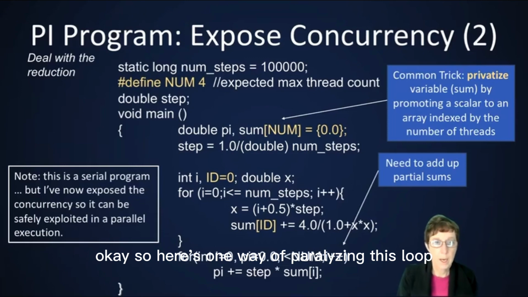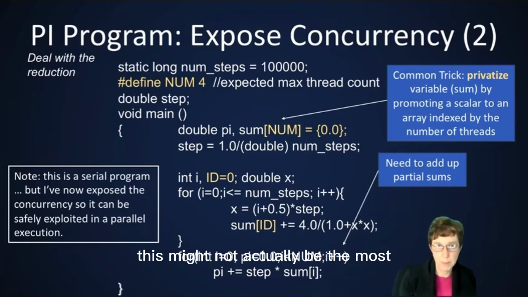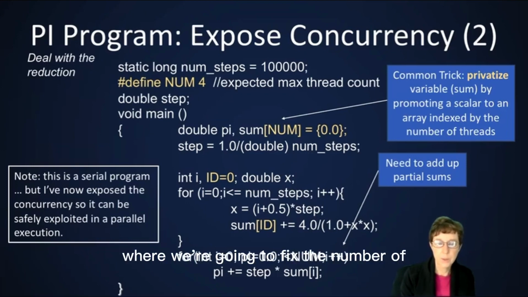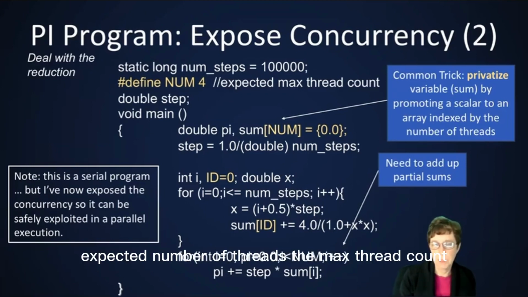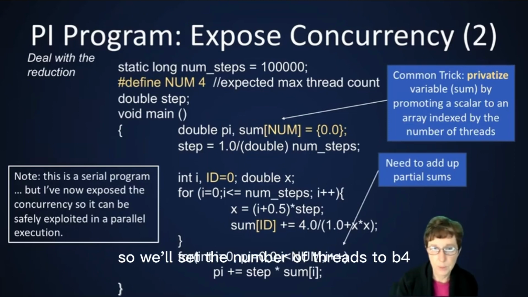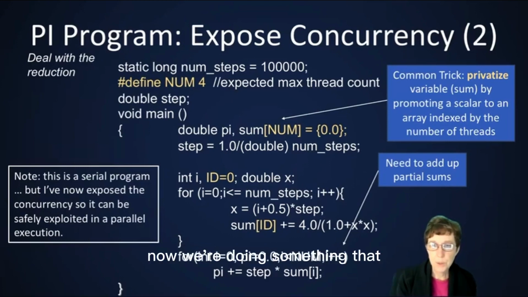Okay, so here's one way of parallelizing this loop. This might not actually be the most obvious way to do it, and in fact, maybe later we'll see something a little bit more natural, but this is one way of doing it where we're going to fix the expected number of threads, the max thread count. We'll just use a hash define here to get a value. So we'll set the number of threads to be 4. And now we're doing something